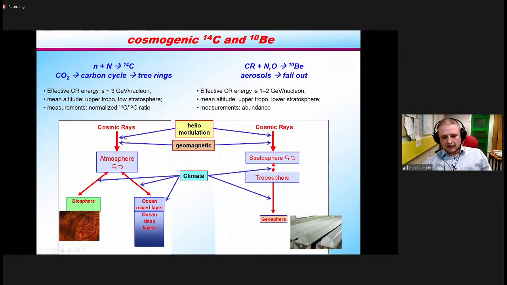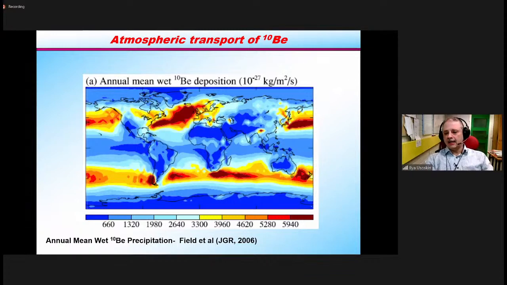As I said, radiocarbon is involved in the global carbon cycle. Beryllium-10 is mostly deposited regionally, which means that the two sources, heliospheric or solar modulation and geomagnetic shielding, are the same for the two isotopes, but the deposition is different. And that's very good, because then we can try to disentangle the production effect and the depositional effects. And just to show that it's not very easy